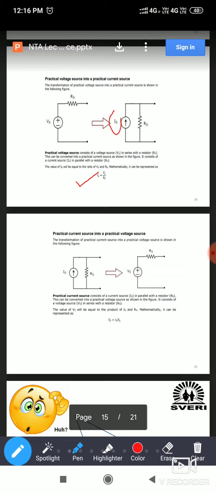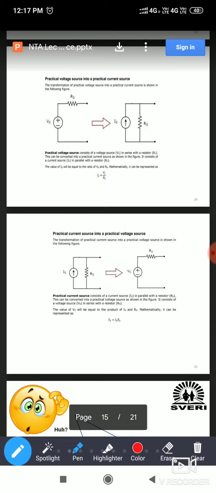So value of Is is equal to Vs divided by Rs. Simply Ohm's law. फक्त Ohm's law यूज करा. Ohm's law म्हणजे काय? V is equal to I into R. To find out I, V divided by R. So simply you can use Ohm's law. So Is म्हणजे हा current which is flowing in this direction. So simply you can find the Is equation using Ohm's law. Is is equal to Vs divided by Rs. VS माहिती आहे, RS माहिती आहे तुम्हाला, IS ची व्हॅल्यू फाइंड आउट करायला. ओके, आणि RS इथं सिरीज मध्ये कनेक्ट केले, या ठिकाणी तुम्हाला पॅरलल मध्ये कनेक्ट करायचे.